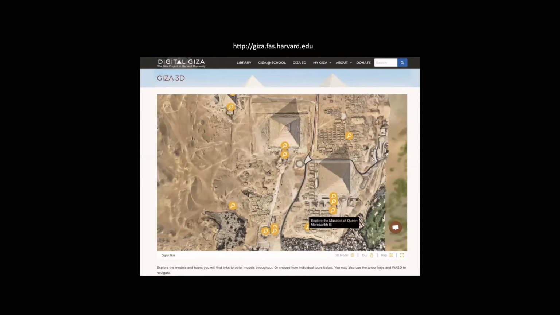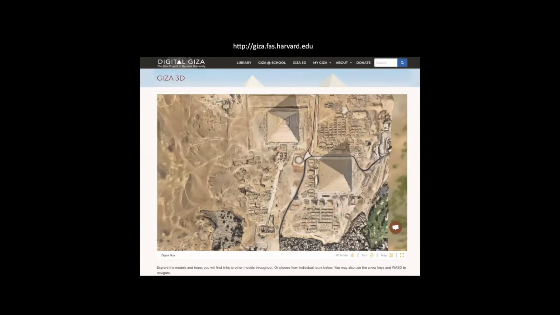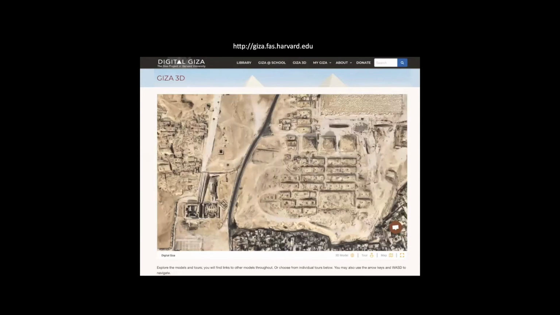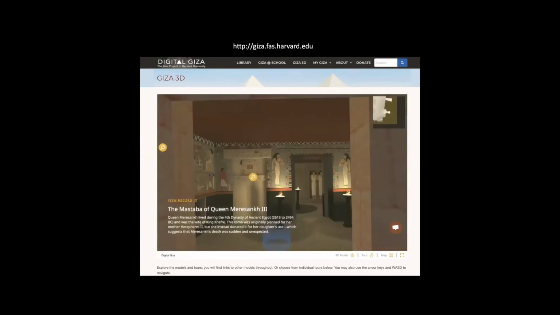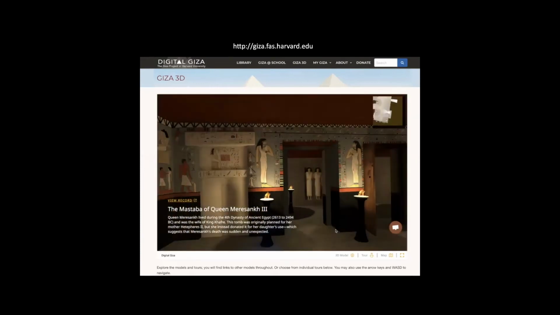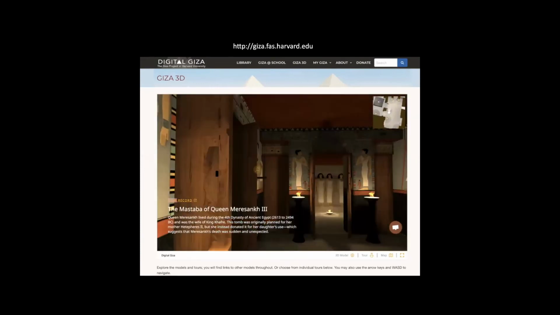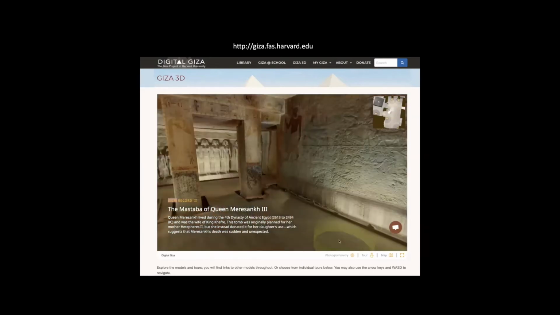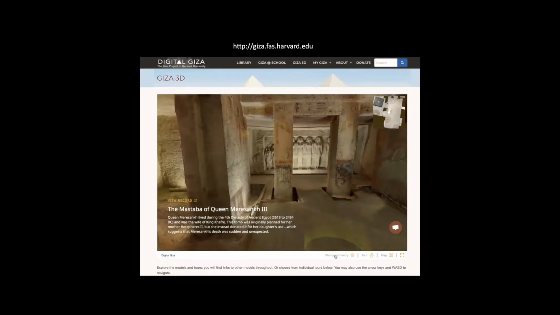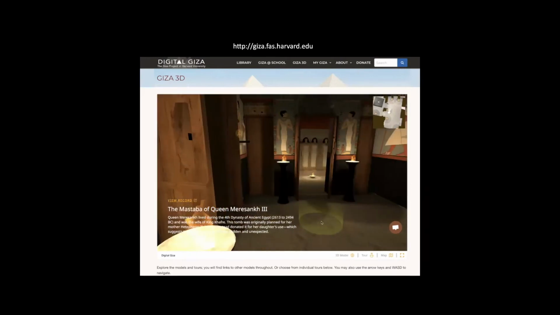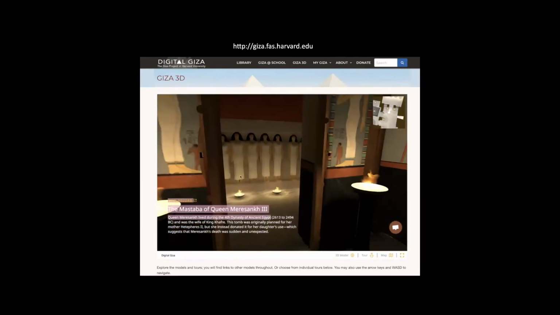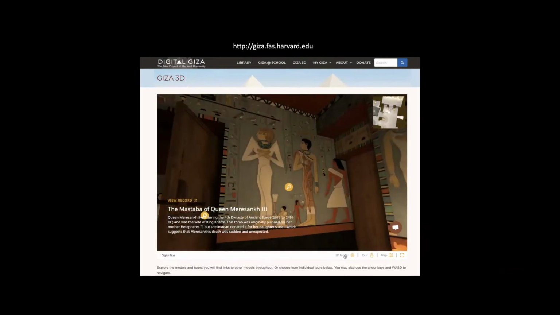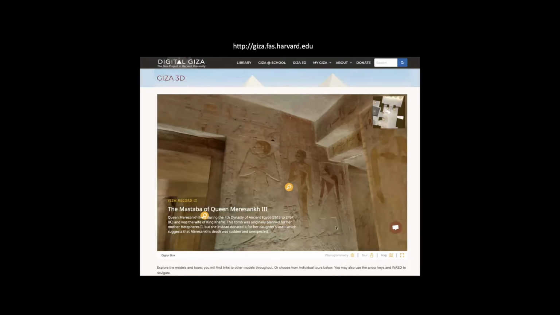And here are just a few samples here where we've chosen one on the east side of the Great Pyramid. And we'll go inside. And in this case, because the ancient colors were preserved well, we can actually restore what this subterranean chapel looked like originally, thousands of years ago. And the button down below that says photogrammetry allows us to change to our Matterport camera model that was done inside the tomb. So you can toggle back and forth and see the colors as they're restored in the model, or how the tomb looks today if you were to visit it.